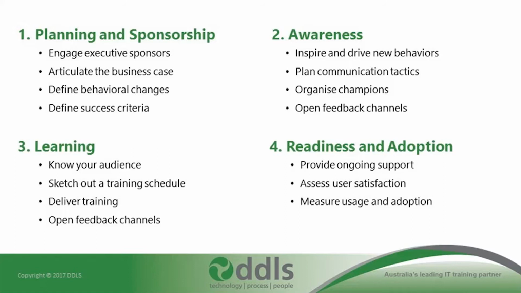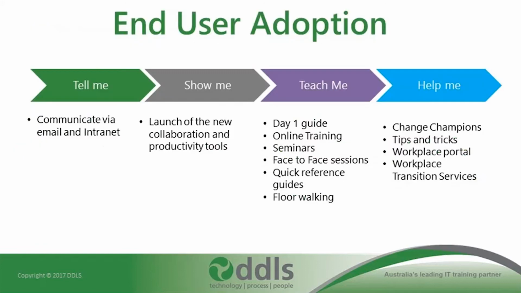And stage 4 is the readiness and adoption. This stage is with ongoing support and measuring user satisfaction. It's also being able to measure the usage of apps and how users adapt to the new way of working. In summary of this area, the end user adoption journey begins with communication and moves through the launch of new